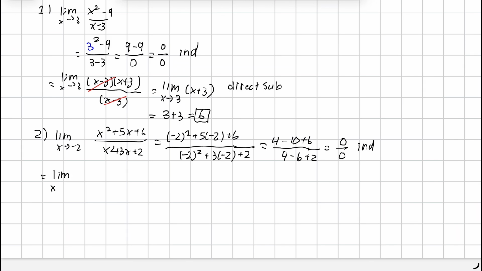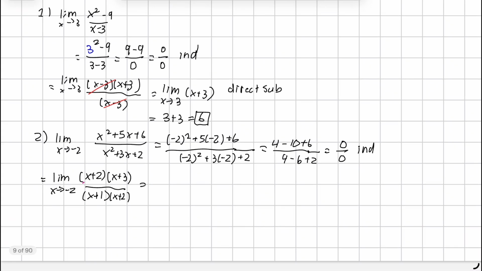So let's take the limit as x approaches negative 2. Our numerator, x squared plus 5x plus 6, we can think of what 2 numbers multiply to 6 but add up to 5. So you get x plus 2 and x plus 3. And then in the denominator, you get x squared plus 3x plus 2. So what multiplies to 2 but adds up to 3? Well, we have x plus 1 and x plus 2. So this is going to allow us to cancel out x plus 2 as a common factor, and we get just x plus 3